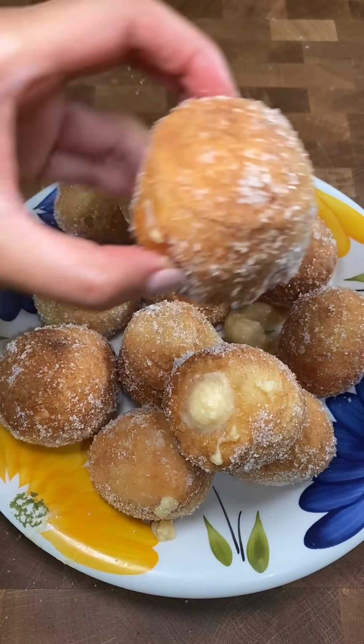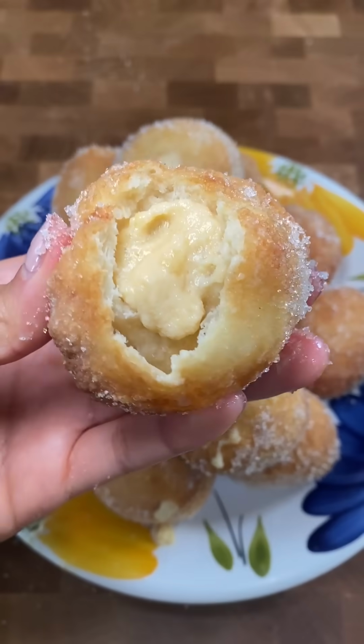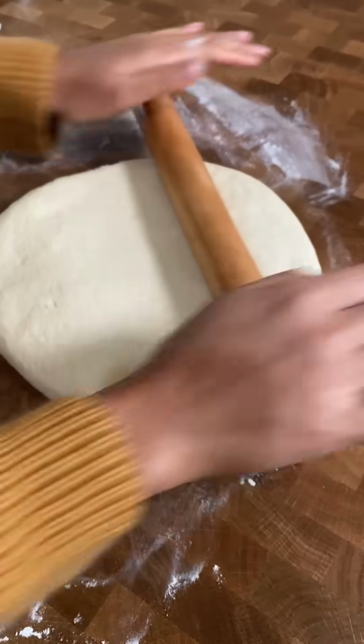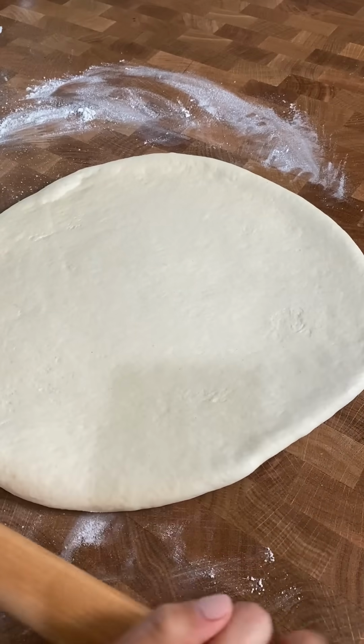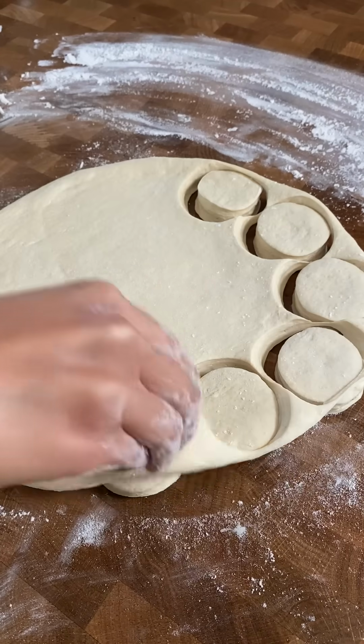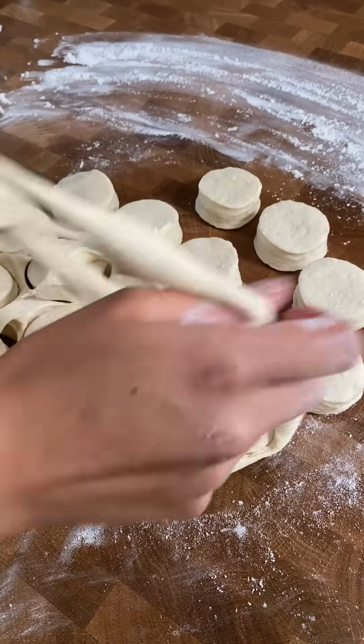It's day 27 of my bread challenge, and a viewer asked me to make surprise-filled donuts. For the filling, I'm gonna be using that package with the orange stuff in it. And if you don't know what that is, well, that's a surprise. I also looked it up to make sure that surprise-filled donuts wasn't a meme or a pop culture thing, and